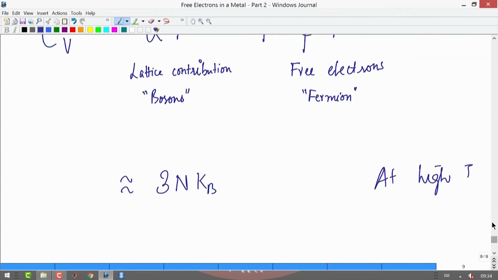Okay. Where I am going to assume that high temperature would mean this T becomes much larger than the Fermi temperature, okay, or even before that. So, this ends the discussion of the free electrons in a metal, and we will discuss the correspondence between the classical statistical mechanics and